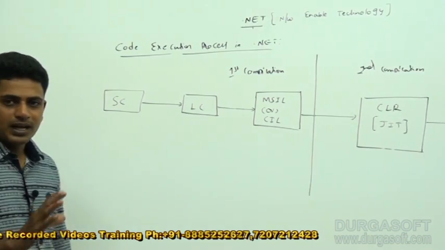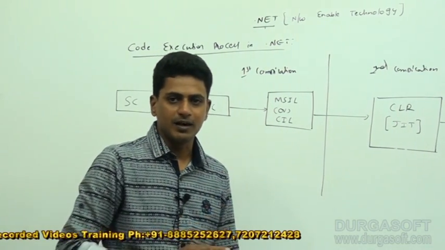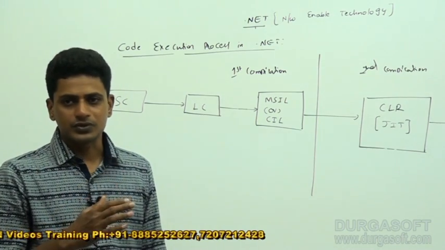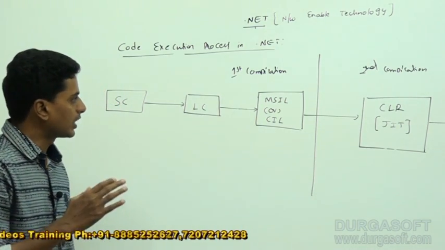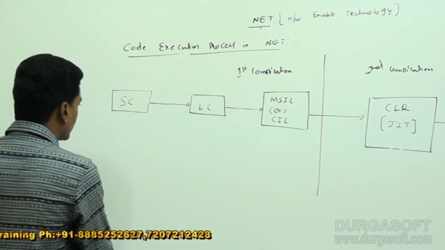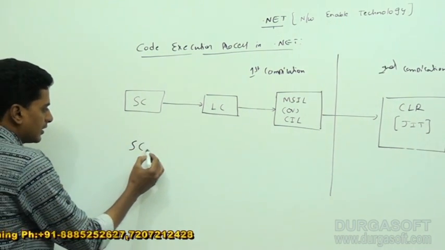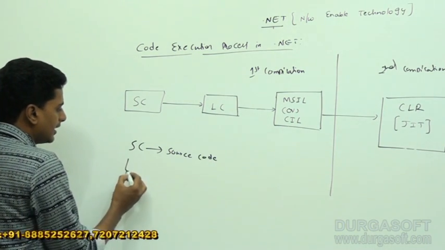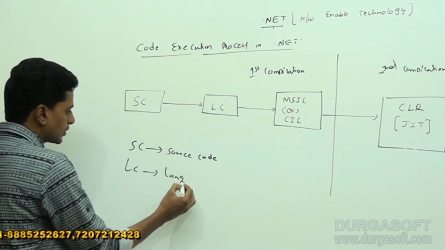If you take any programming language, this is what will happen. So there are two compilations that take place while a program is going to be compiled and run, right? So this is the code execution process in .NET. Here SC means source code, LC means language compiler,